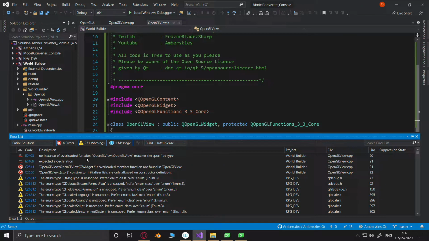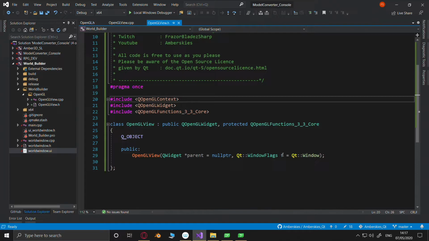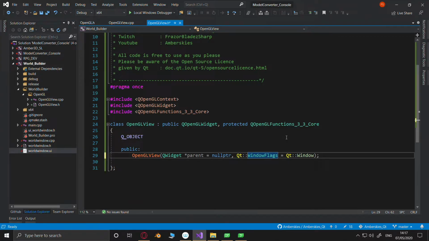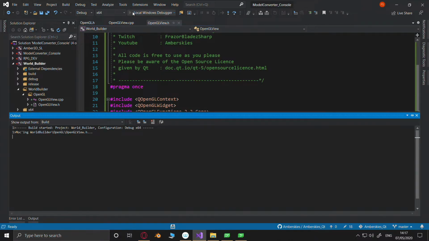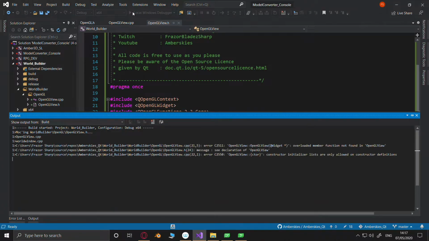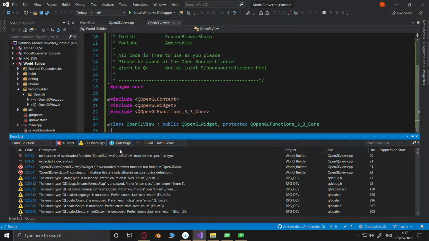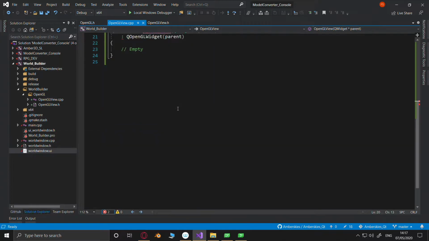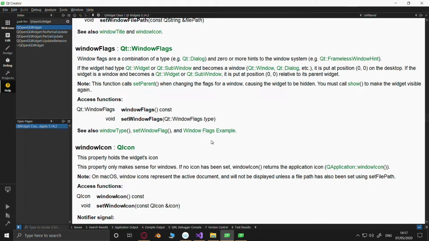Ooh, no instance of overloaded function. Yeah, I thought not. No, I don't think this is going to work this way at all. Didn't think so when I did it.